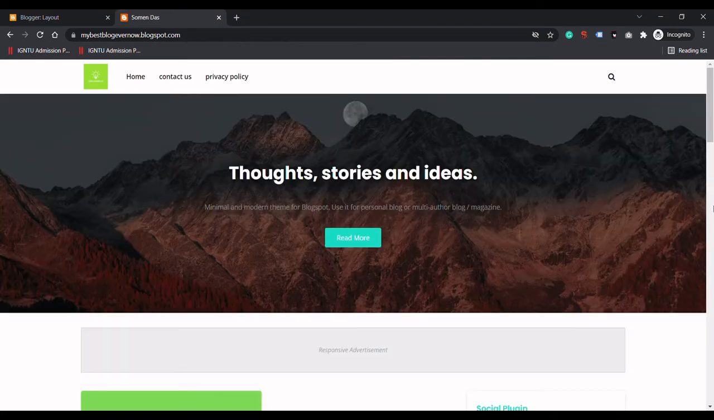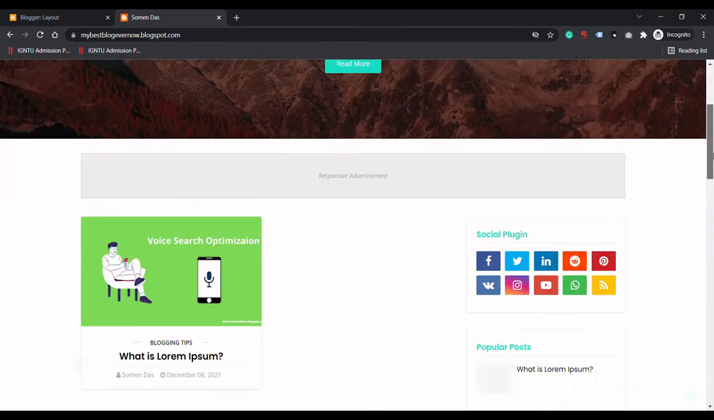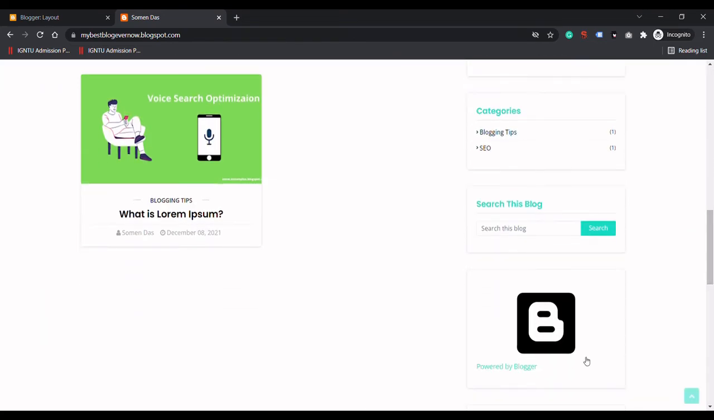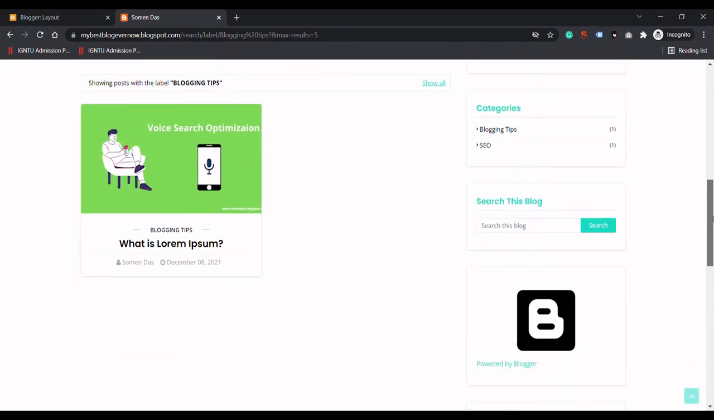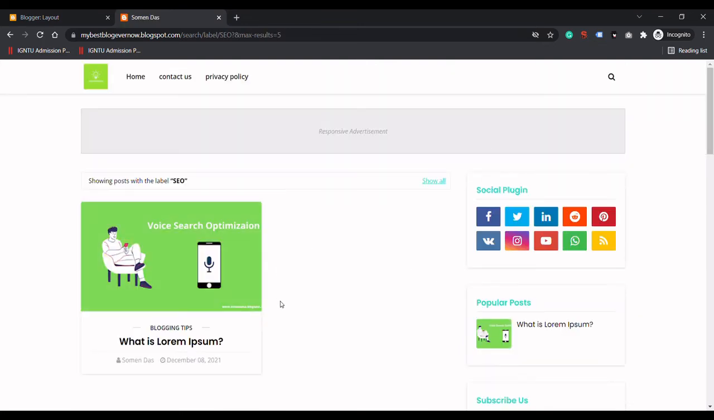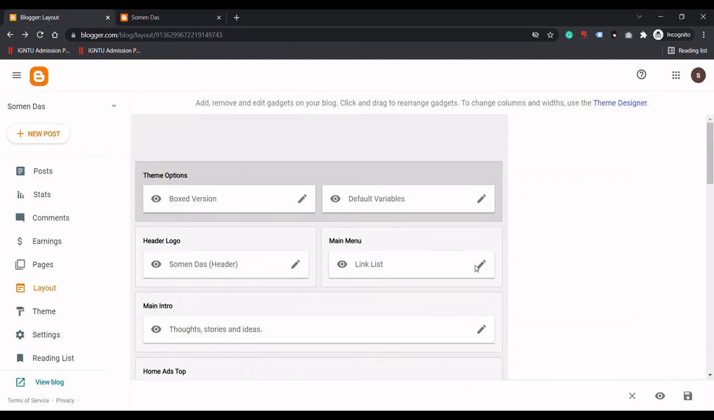Okay, so let's suppose I want to give a blog category, and in the blog category, when somebody clicks on blog topics, then it will redirect us to all the blog related website topics, right? And when somebody clicks on SEO, it should redirect to all SEO related contents. So for that, okay, again in the main menu,